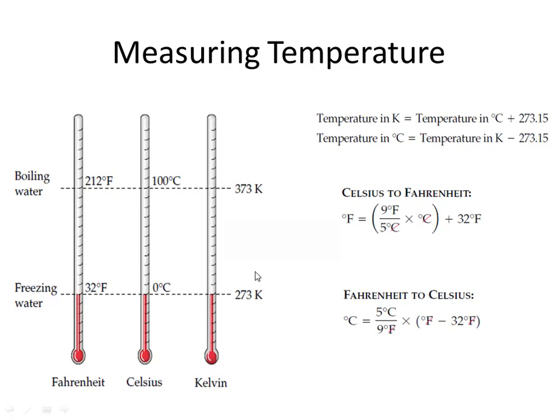Just have a look: what is the freezing temperature of water? At what temperature does water freeze? 0. And at what temperature does it boil? 100. These are Celsius, not Fahrenheit, not Kelvin. So it is important to note that 0 degrees centigrade or 100 degrees centigrade is the Celsius unit, not the other units.